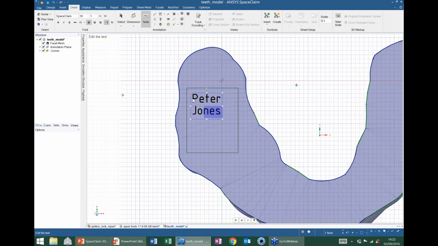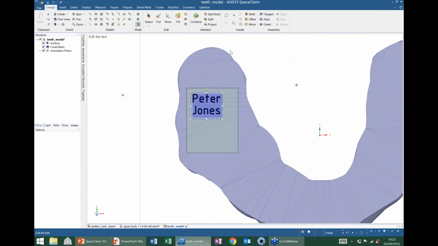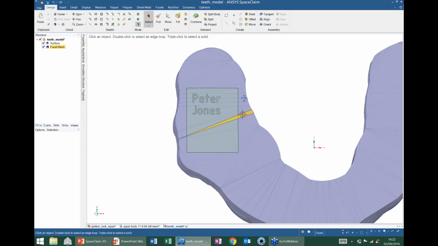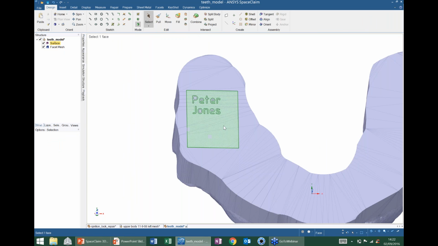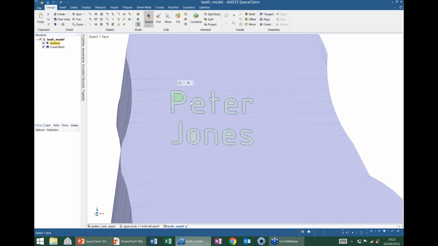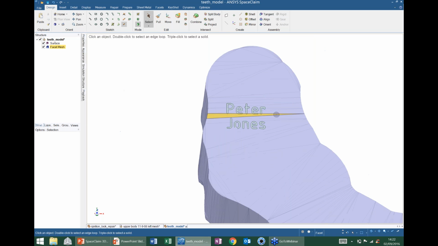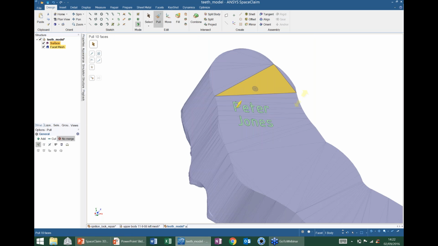There we go. So I can now project this text onto the surface. If I delete my annotation plane, we now have some usable geometry embedded in that surface. I'll delete the edges of it and remove the areas that we don't need. And then quite simply we can pull this surface up